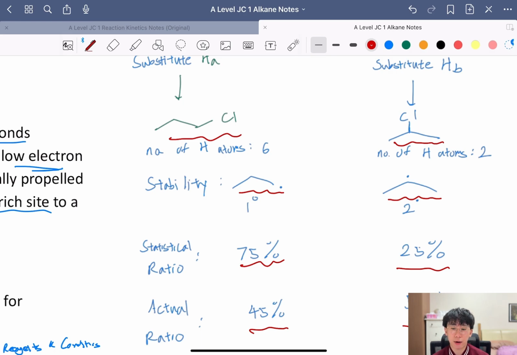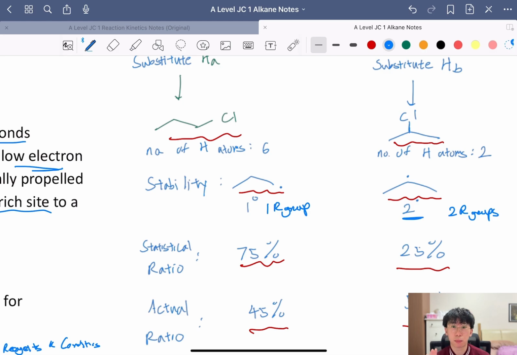If you take a look at both these radicals, the 2-chloropropane radical is actually a second degree radical, and therefore it has two R groups, whereas the first degree radical only has one R group. Because of that, the second degree radical with more R groups has more electron donation to the carbon radical. And because of that, your 2-chloropropane radical is more stable than the 1-chloropropane radical. And therefore, it's more favorable to be formed, and that's why the reaction pathway to form your 2-chloropropane is more